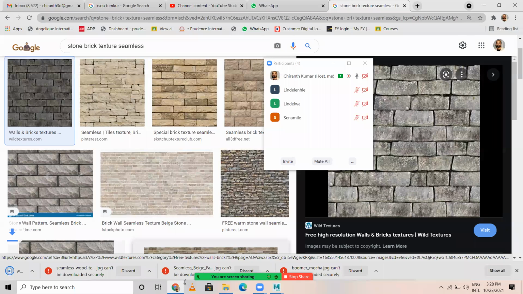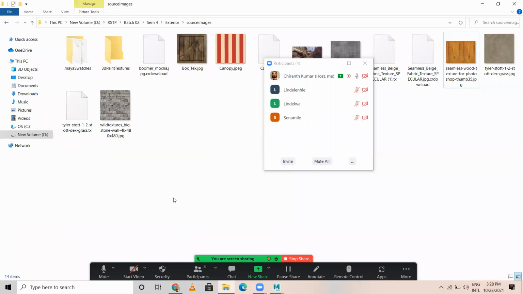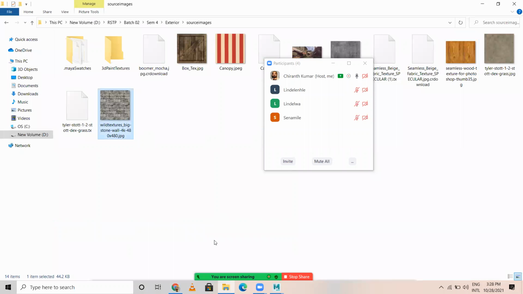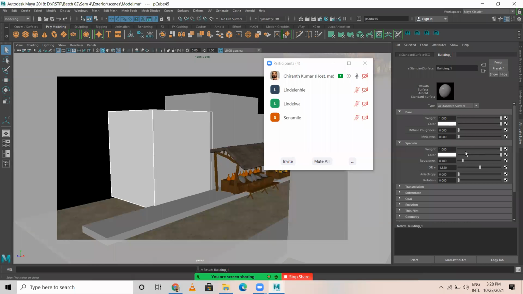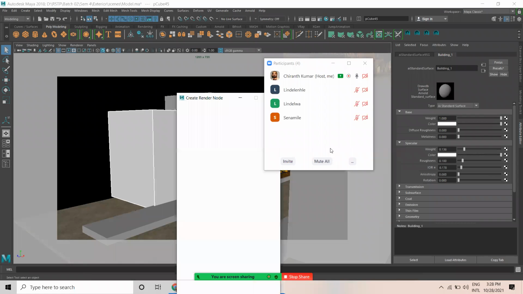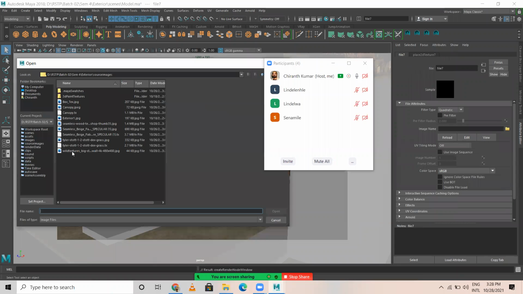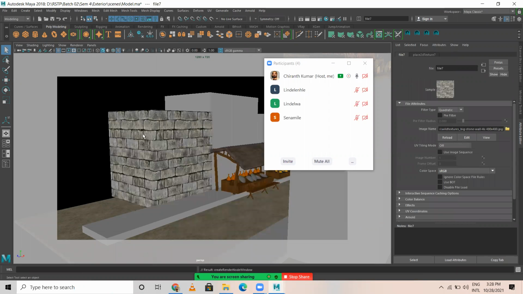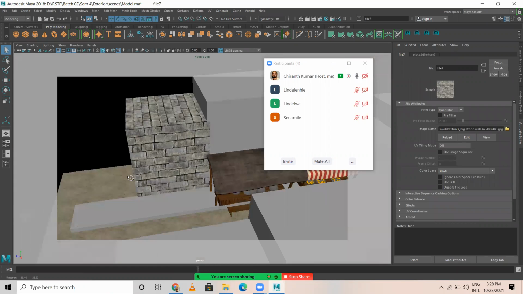Okay. So it's here. Then in Maya, weight 1, no specularity. Click on the color and the base. Take an empty file. So I pick this. Now observe, everywhere it looks like this.